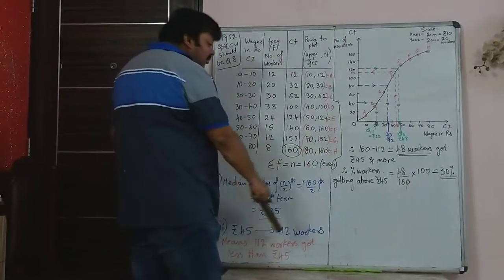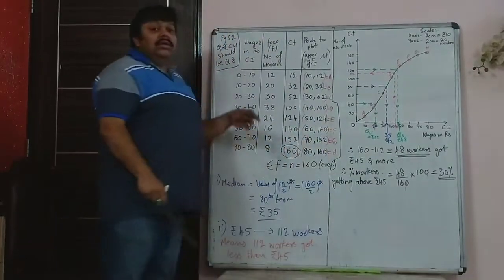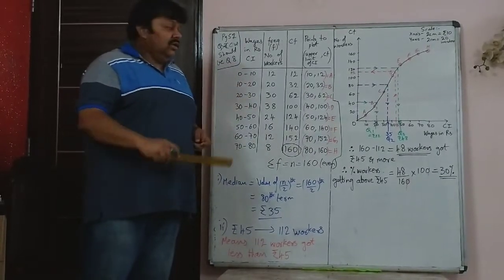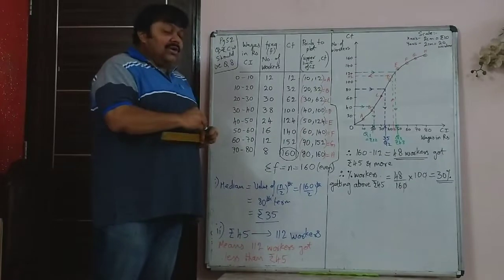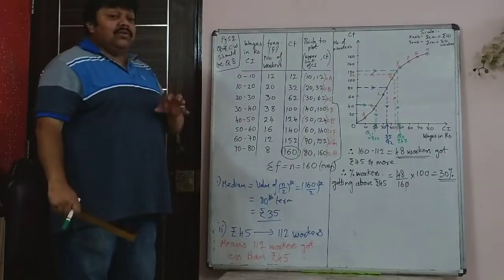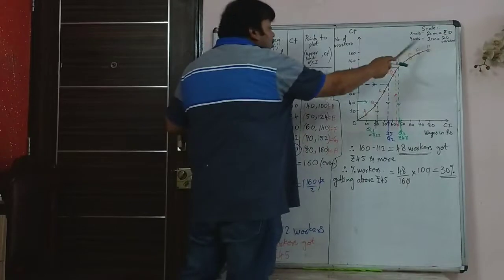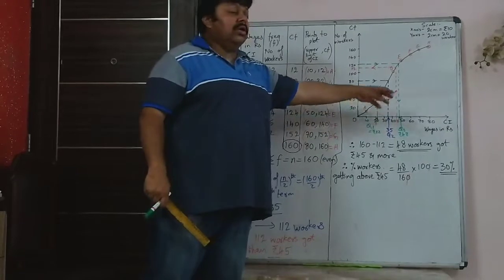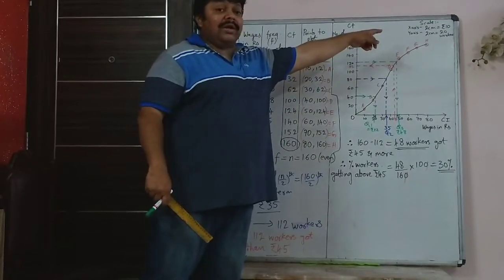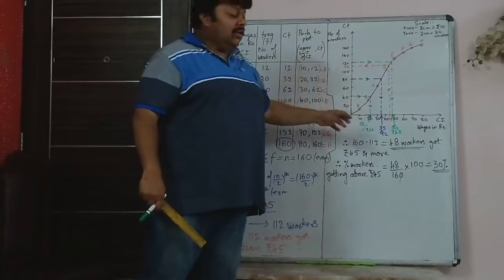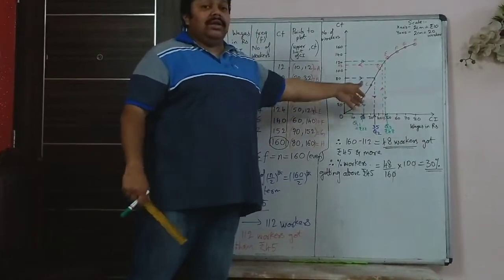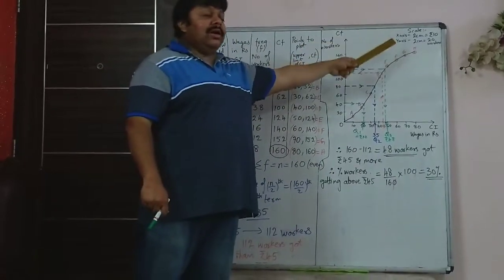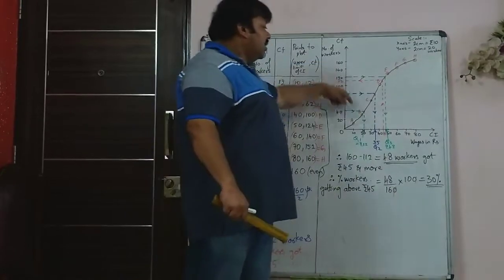And all this writing work is on the ruled page. In your exam, it will be on the main answer sheet, whereas the graph would be separate. Now the graph has to be drawn with pencil and ruler. Of course, this curve you cannot draw with a ruler, it is a freehand curve. So that is all with pencil and ruler. Even the scale has to be written on the top right hand corner, not anywhere you feel. Don't write the scale here under the graph and say that you have written the scale. Teachers will look there. So you have to write the scale at the top right hand corner of the page, and all this has to be shown.